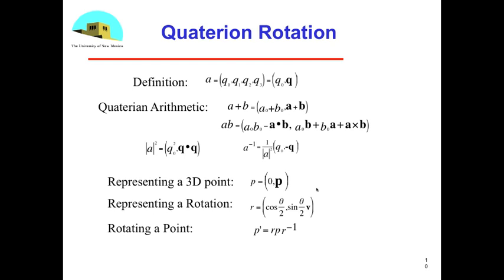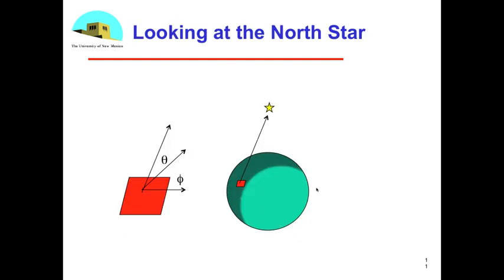Now, let me look at the reason why quaternions are so important in computer graphics and other fields like aerospace and virtual reality. So let's look at what seemingly at first is a totally different problem, but it's going to point out the difference, the problems of using Euler angles and why we want to go to quaternions for certain applications. Okay, so suppose I have a sphere, and let's suppose this is the Earth, and I'm standing over here